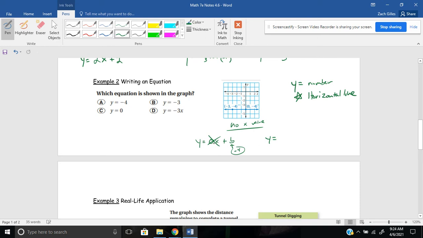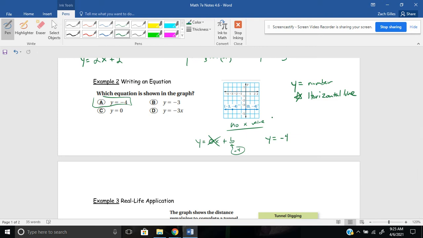So y equals, not putting anything in there, plus b. Well, my y-axis is -4. So letter A would be the correct choice. Y equals -4 is a horizontal line at -4, like so. Okay. Now,